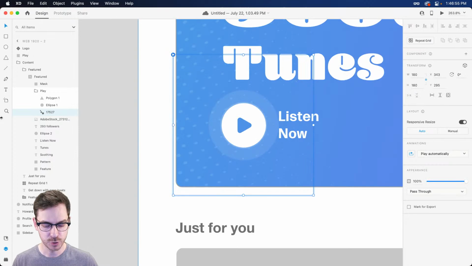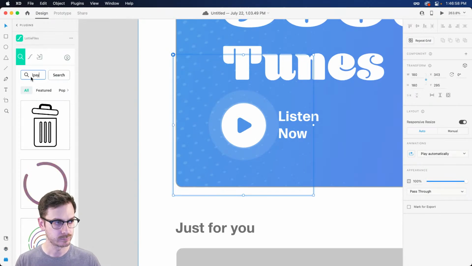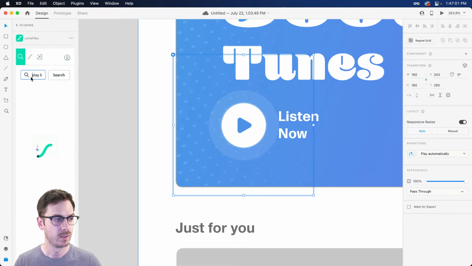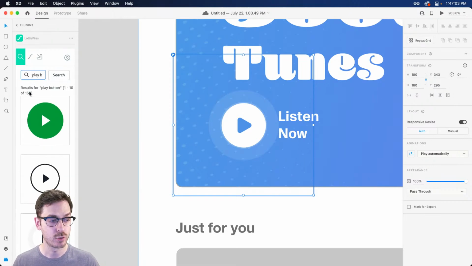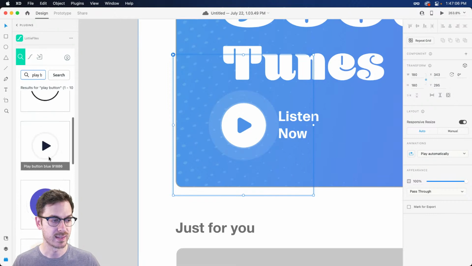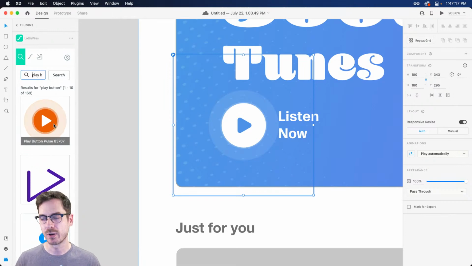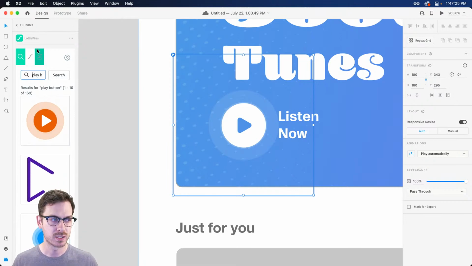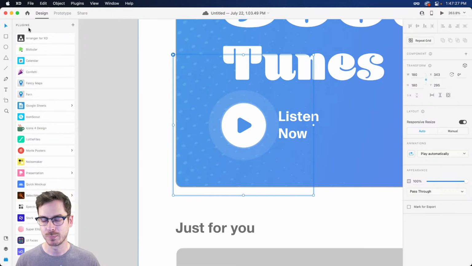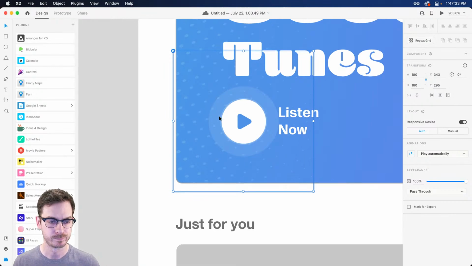And you can also potentially look up something like play, right? Or play button, maybe. And you might be able to find some additional Lottie animations that could potentially work for things like this. This one has a pulse on it already, but again, you can't really change the color. So the black play button may not work in this particular case. The orange may not work. Now, there are ways you can use things like blend modes and additional layers to alter the colors and shift them a little bit, but for the most part, just design with the assumption that you cannot change the color of Lottie animations unless you have access to the original.